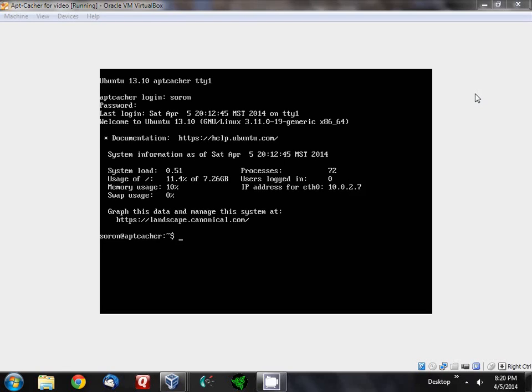First, we're going to type in sudo apt-get install apt-cacher-ng. I've decreased my screen resolution here so you can see what I'm typing. Hopefully you can see my mouse. You should see sudo, or however you want to pronounce it, space apt-get, space install, space